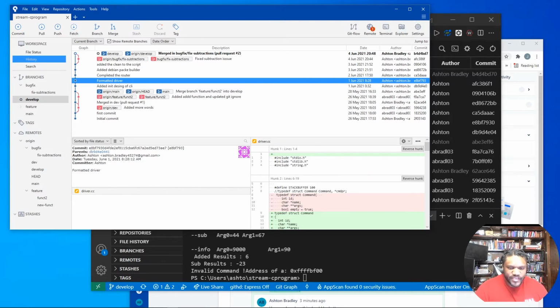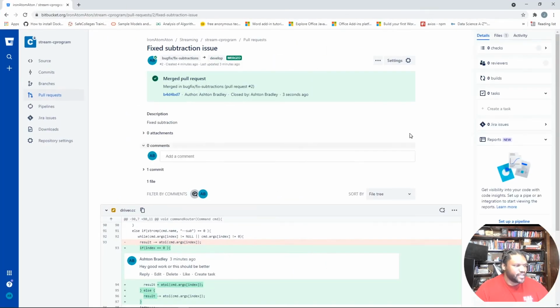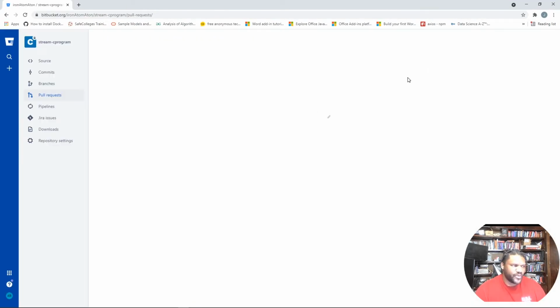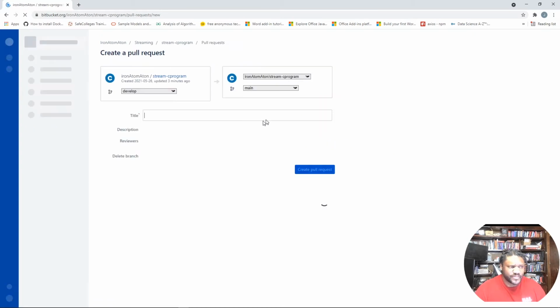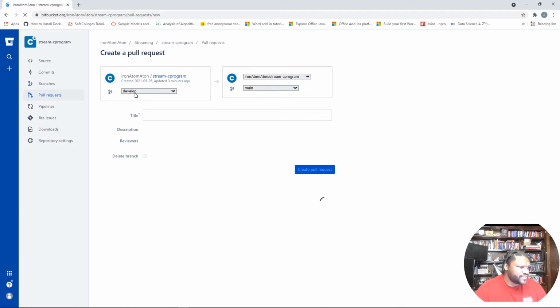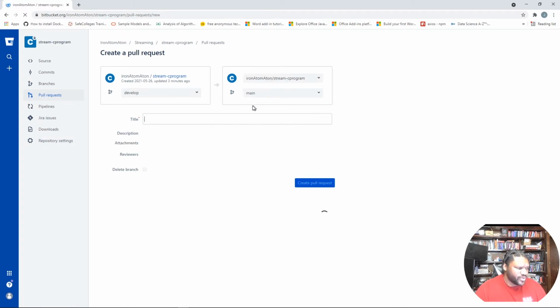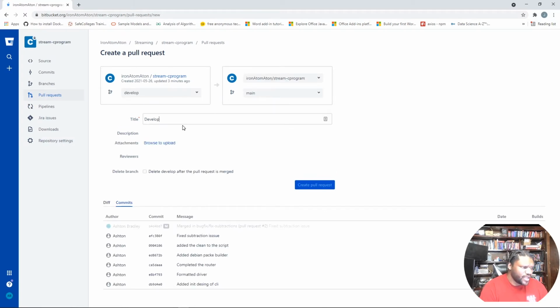So now, let's get back to the task at hand. So then, as the lead software engineer, I do another pull request. Or as the software developer that says everything is ready, say that we want to do another release. And now we're going to take develop and we're going to do a pull into main. So we'll say,